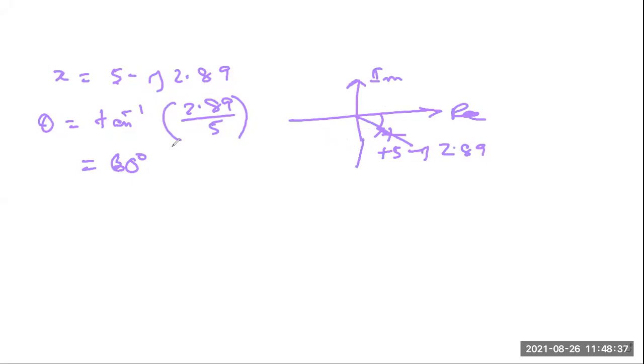So this 60 degrees that you have got, this is your 60 degrees. Now, this is your 30 degrees. What we have written here is basically minus 30 degrees, as it is in the clockwise direction. So that's why it is written minus 30 degrees. Is it clear? Yes sir. Okay.